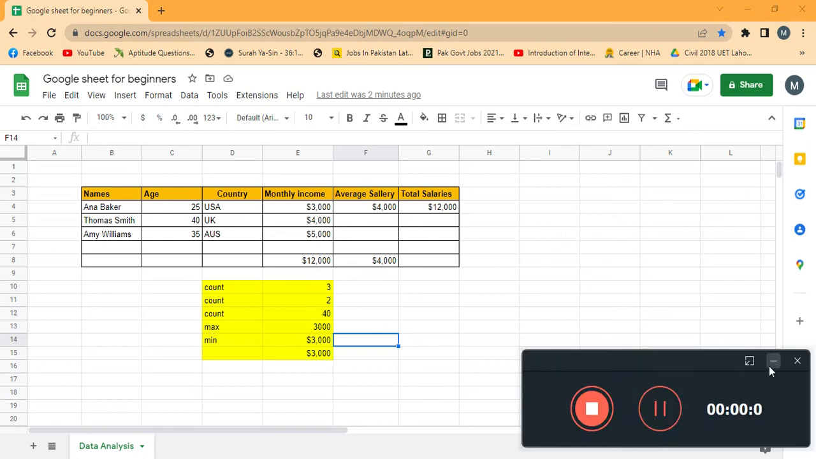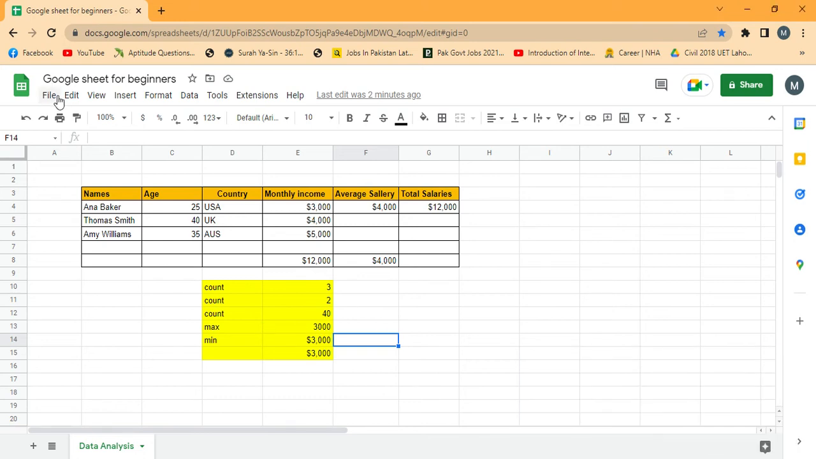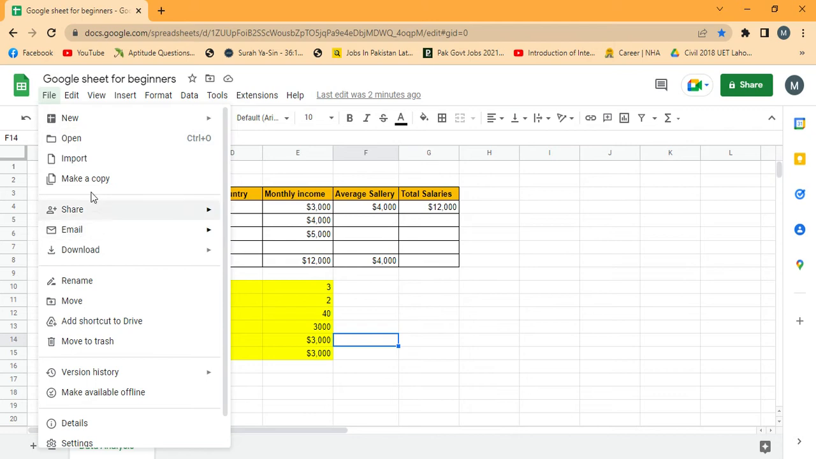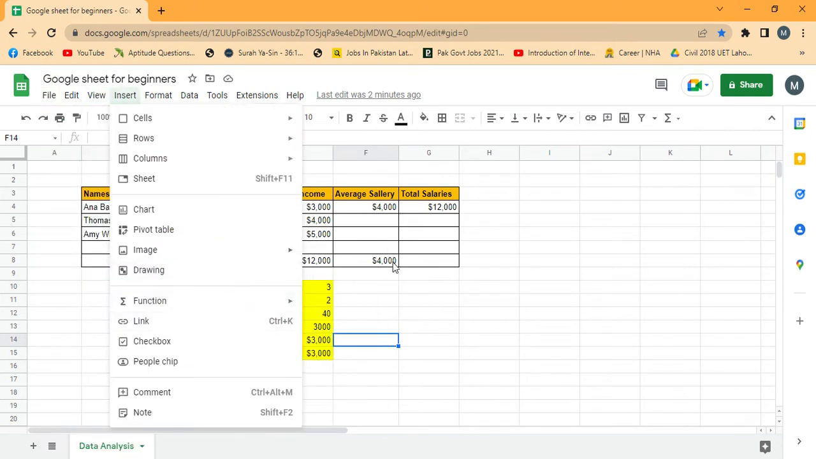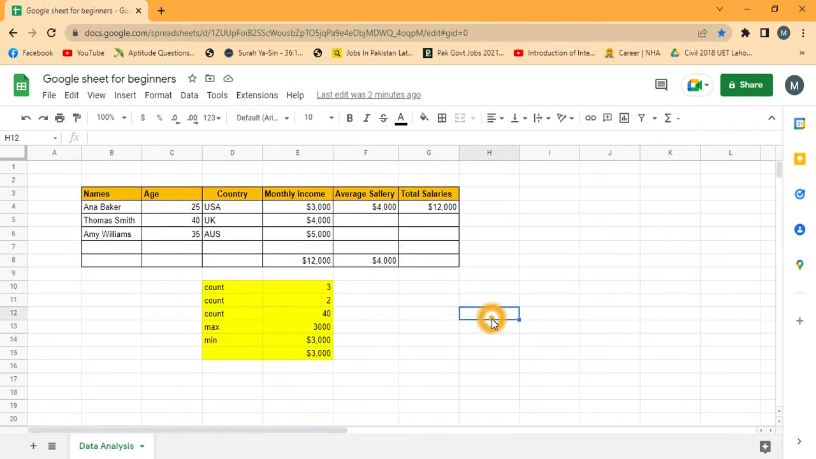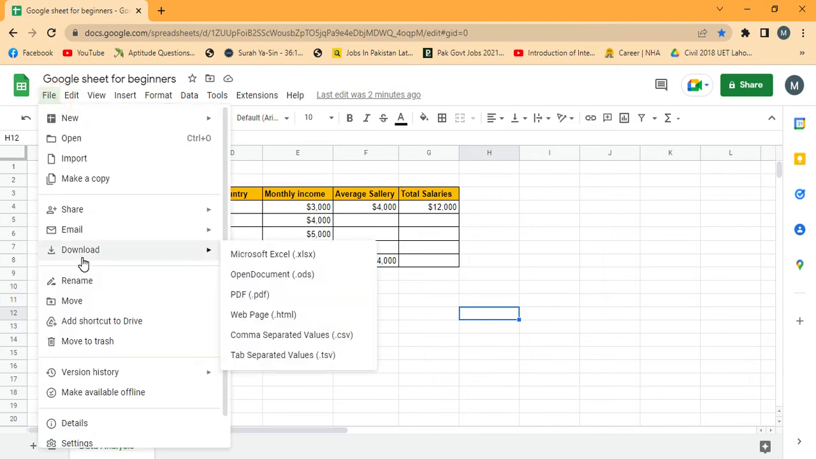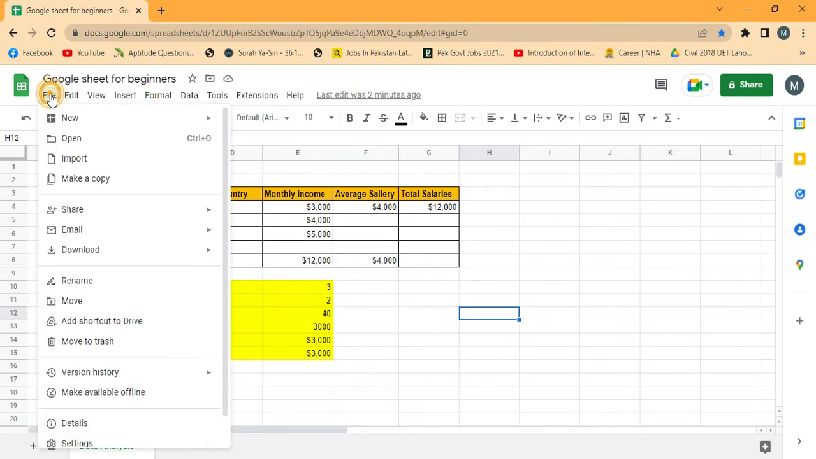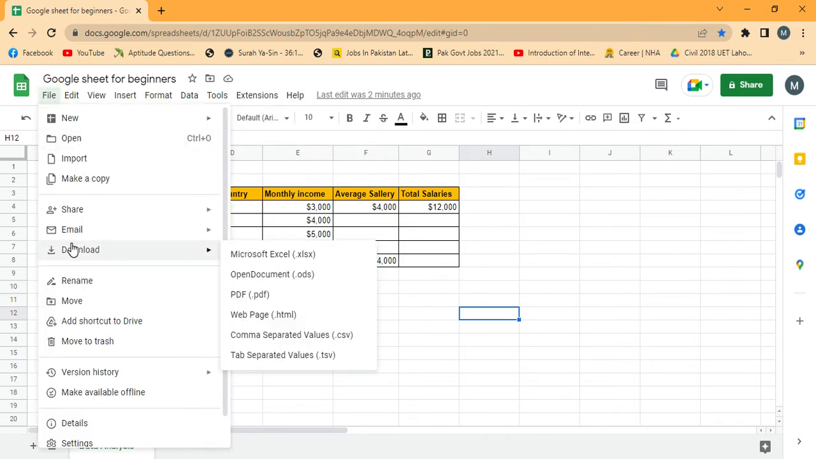So welcome back in the next video. In this video you will see how to convert this work done in the Google Sheets in the form of a document or a Word file. So I will go to file option, then I will go to downloads option, then I will